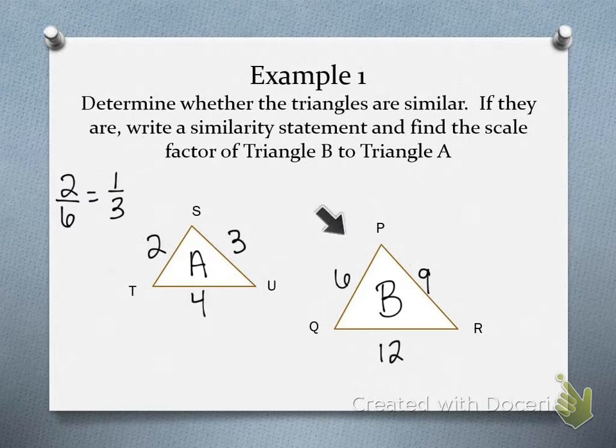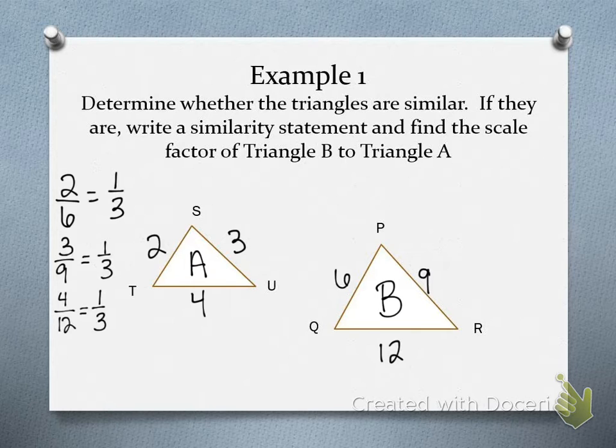Okay, so SU and PR. 3 over 9 simplifies to be 1/3. Remember, the other way of doing this is picking the smallest side. Like smallest side to smallest side, middle side to middle side. The biggest side for one of my triangles is 4. The biggest one of the other one simplifies to be... Okay, so we've done something like this before, but this time we're saying that because we get the same ratio every time, that's enough to tell us that